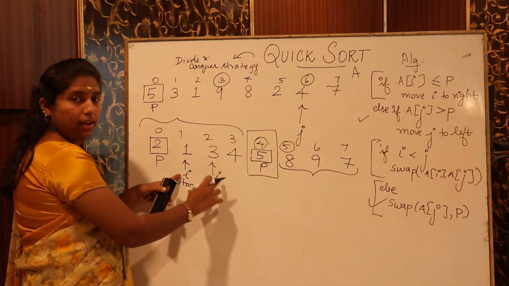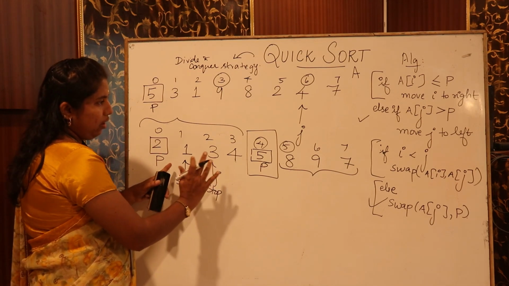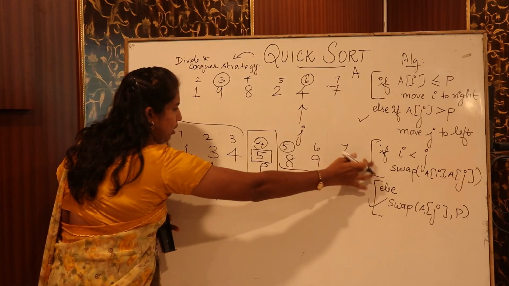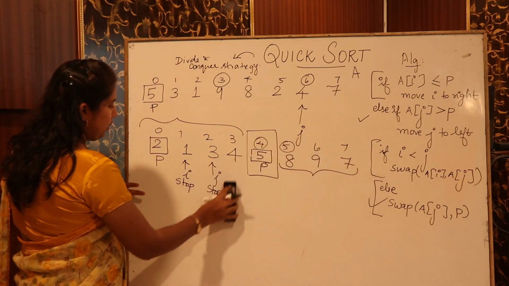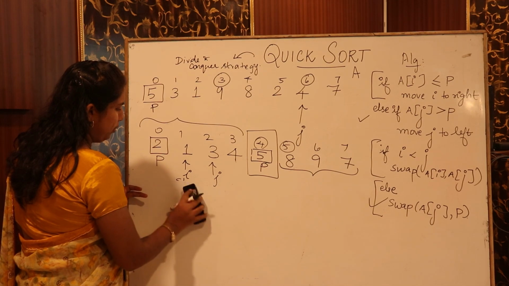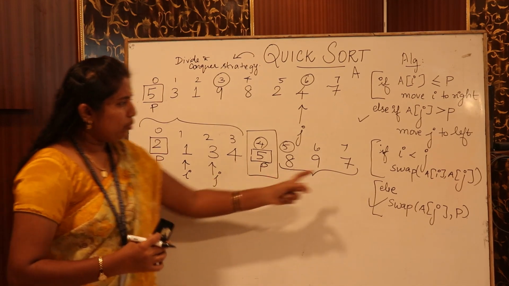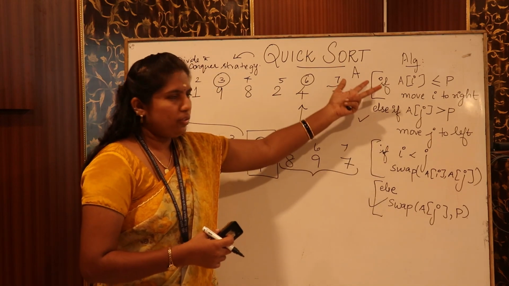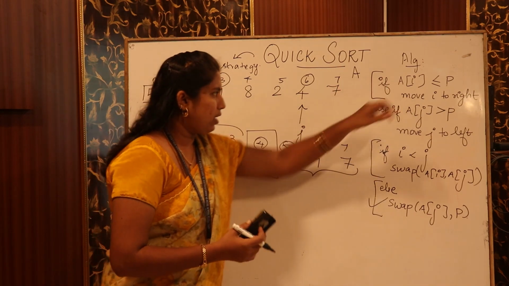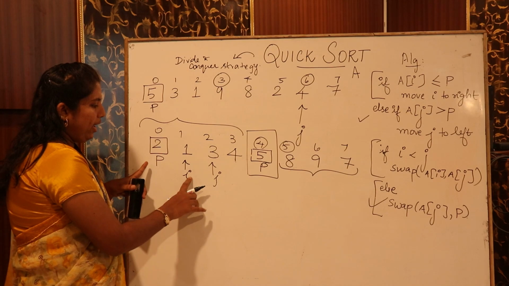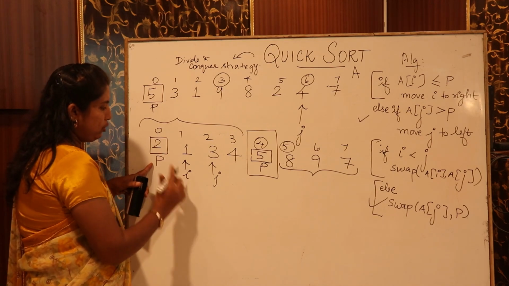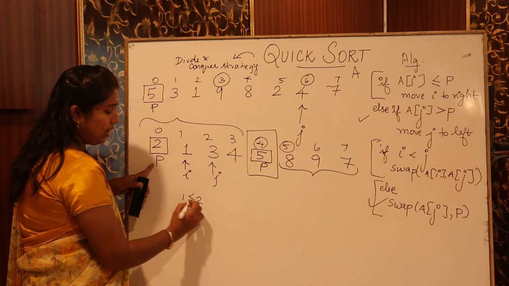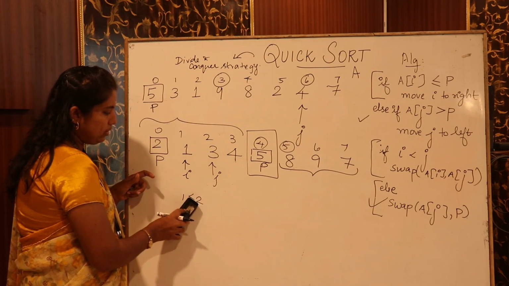But i and j remain the same there. So after this, we have completed this step. Next, i and j came to their appropriate positions. Again, we will not move to this part since this condition is correct. So we will again proceed from the first. Again we will be checking A of i is less than or equal to pivot. A of i value is 1, pivot value is 2. The condition is correct. 1 is less than 2.